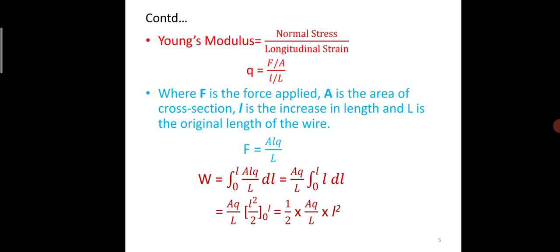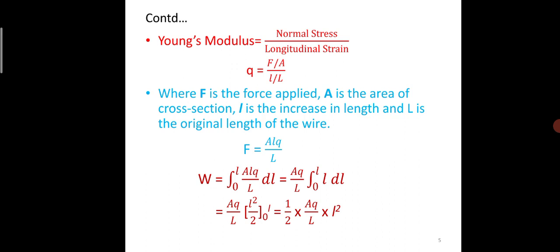By this equation we arrive at F is equal to AlQ by capital L, and W is equal to the integral from 0 to l of AlQ by capital L into dl,